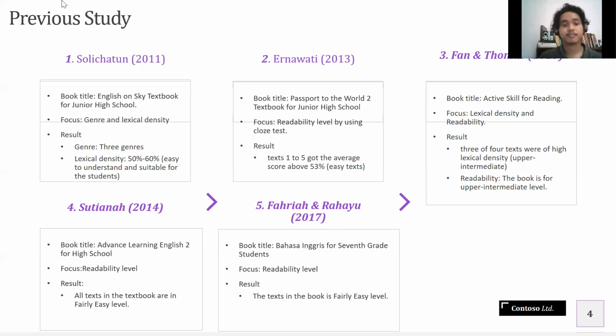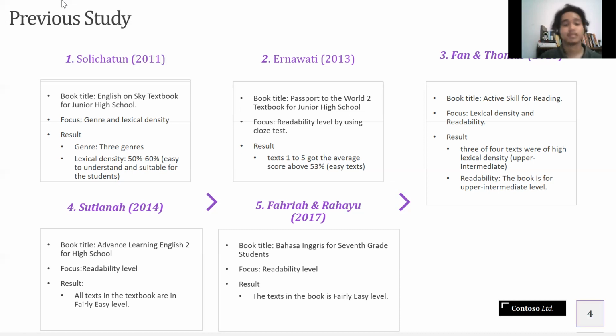And the fifth, research was carried out by Fahria and Puji Sri Rahayu in 2015, and the result of the research showed that true flash reading is formula. The readability score for the whole text of the English textbooks entitled Bahasa Inggris was 76.335. And through closed test, the textbooks has high readability, which shown by its readability score of 62.068. It means that Bahasa Inggris textbook published by Media Tama was readable and suitable for the 7th grade of